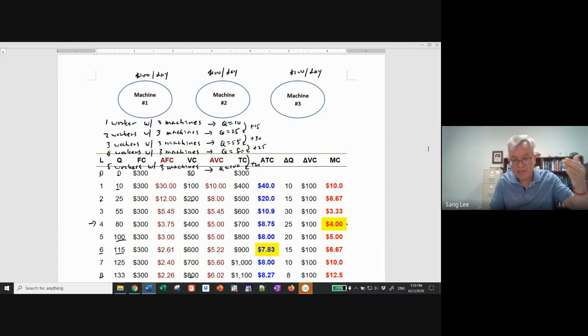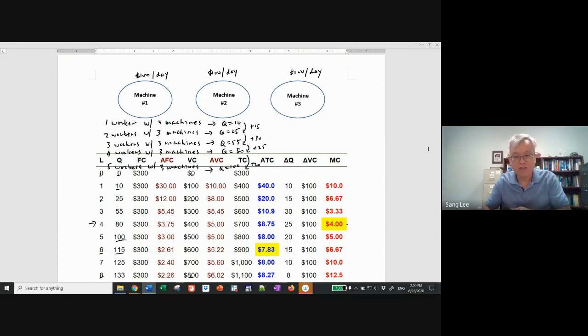So total output will increase, but their contribution will become smaller and smaller as more and more workers are added. The main cause of this problem is that you can increase the number of workers, but the number of machines is fixed. So when you hire up to 3 workers, output increases, and the contribution to the output made by each additional worker is